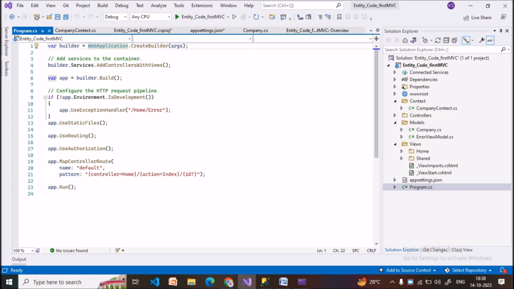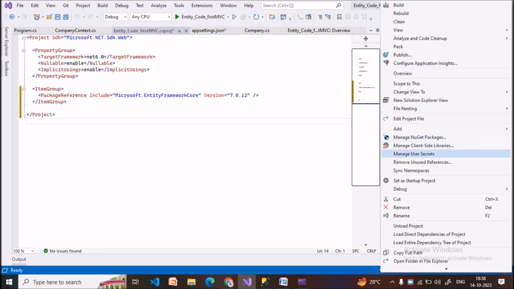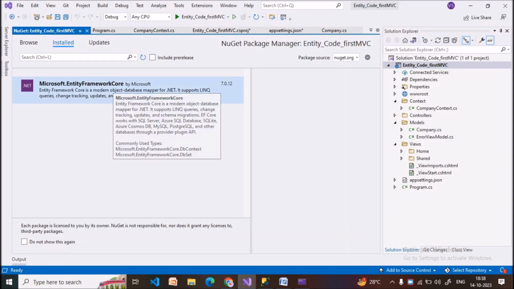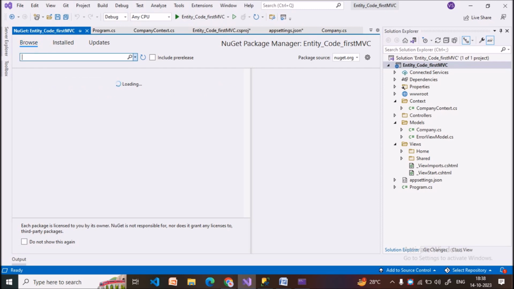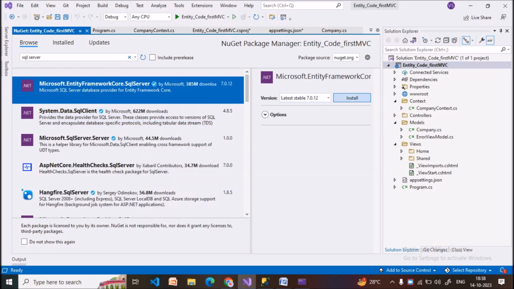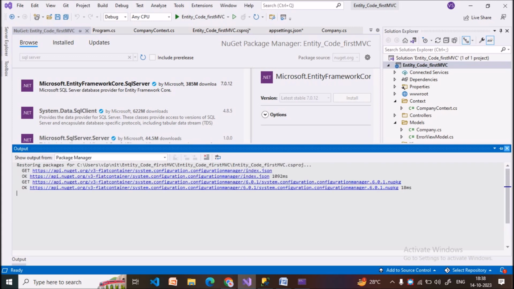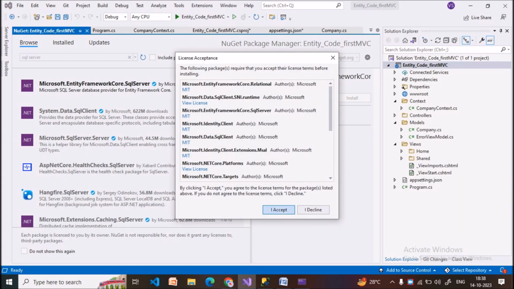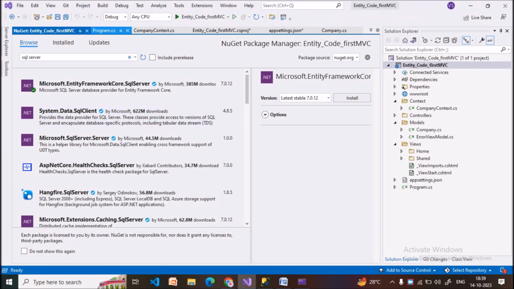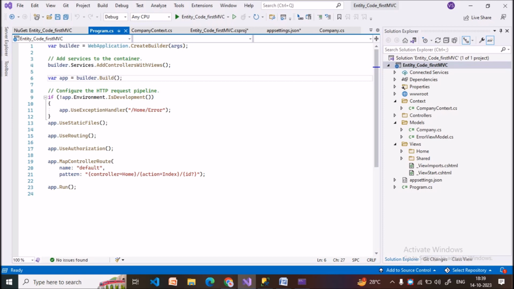So before moving to here, we have to add a NuGet package. Click on manage NuGet packages, and just one package is installed there, and we have to install more packages like SQL Server, this one, Entity Framework SQL Server we have to install. Correct? And we have to accept. So this part is completed